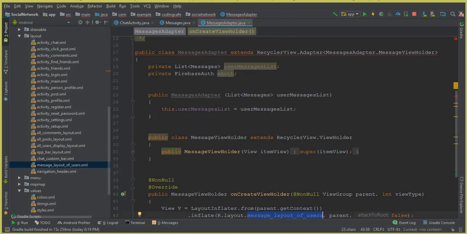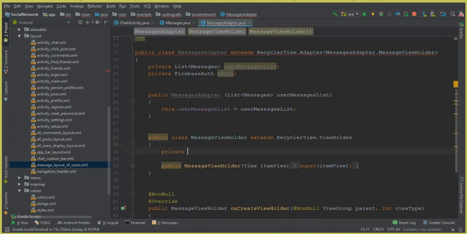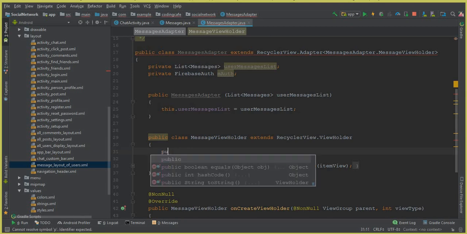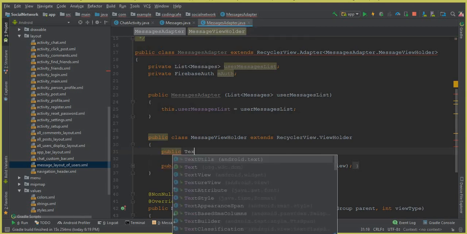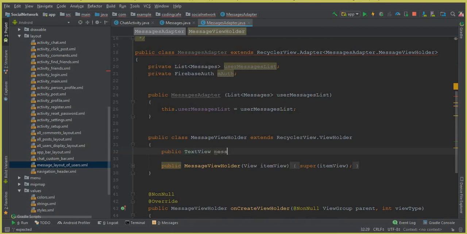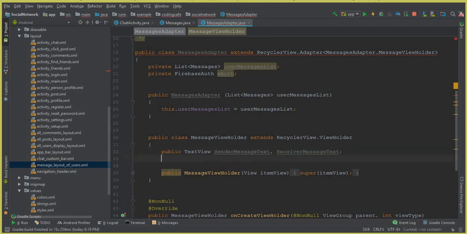So for that, here we have this public class MessageViewHolder. Above here we can say private, instead of private we can say public. Okay, write public TextView, and let's call it senderMessageText. The other one is the receiver message text field, so you can say receiverMessageText. Then we have a circle image view, so you can say public CircleImageView, and let's call this receiver